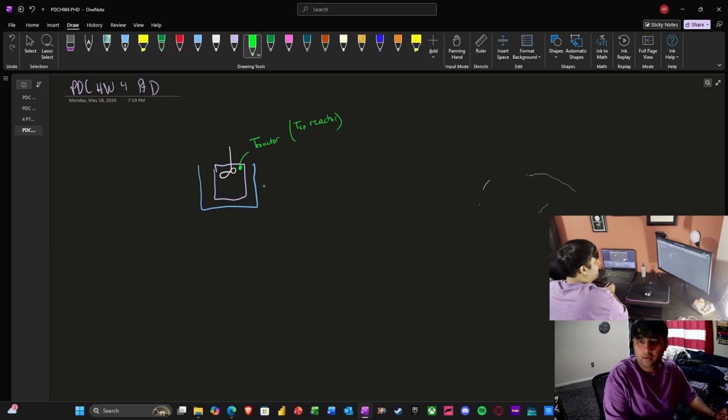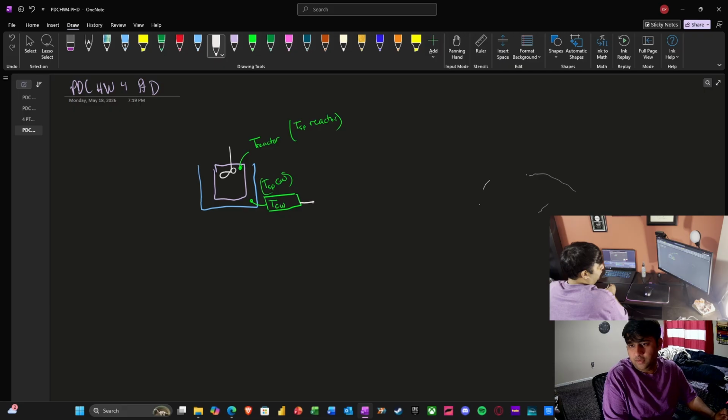And then we're going to have a probe for our cooling water, which will also have a set point for the cooling water,